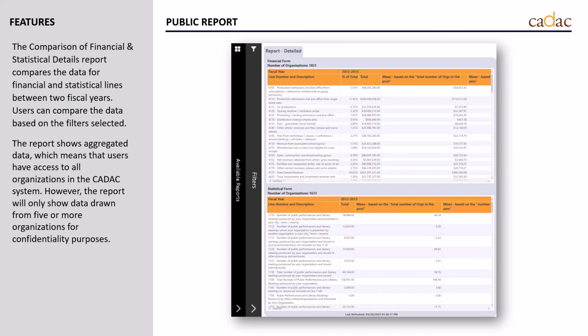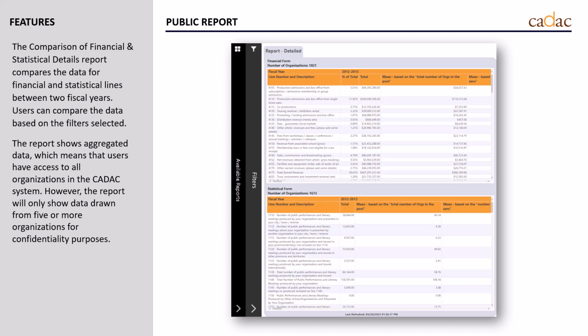Switching over to the public version of this report, users will have access to the summary tables only. No identifying organization information is available in this report. Similar to other public reports, this data is pulled from all organizations in CADAC, which your agency version shows you just the organization associated with your program list. Now that we have seen this report, we will now be showing how to navigate and access the report in